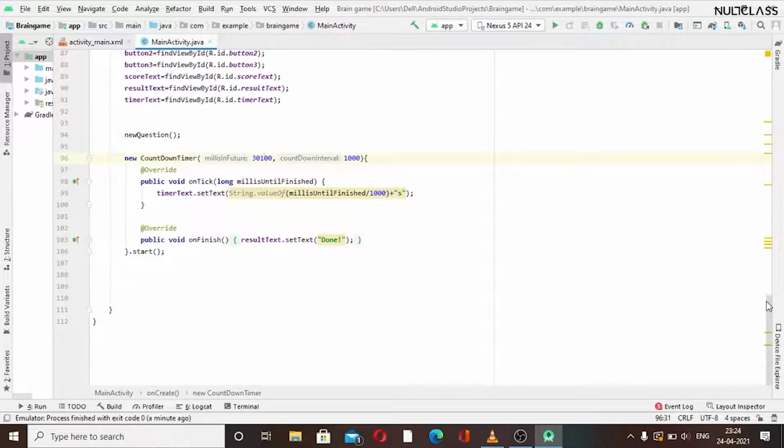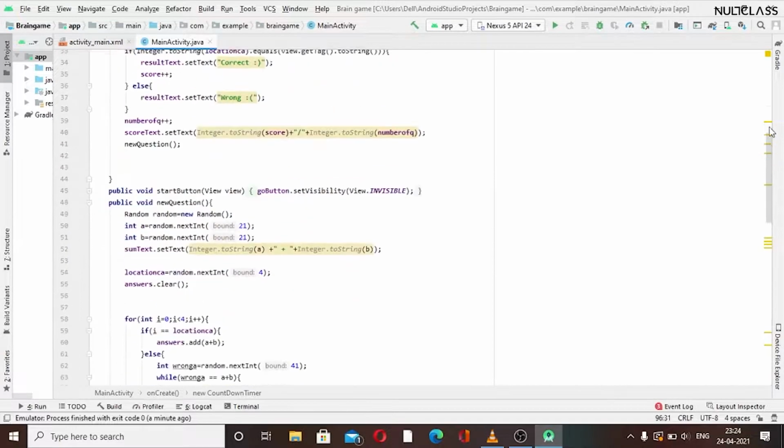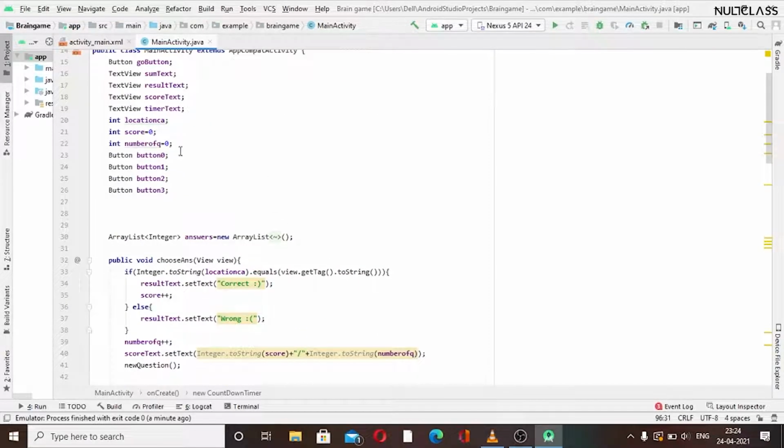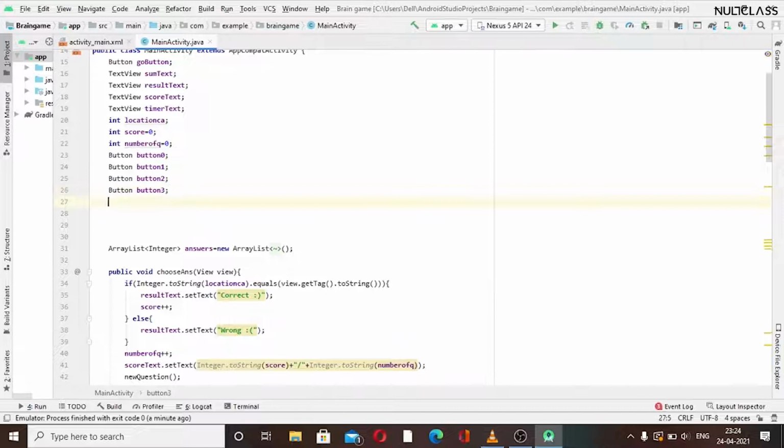So we want the play again button here. I think we can insert it at the top. We will first implement it like we have done for the others. So I will implement Button playAgain, and in onCreate we have to declare that.